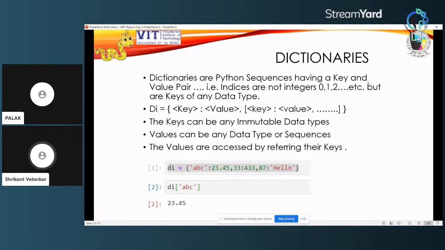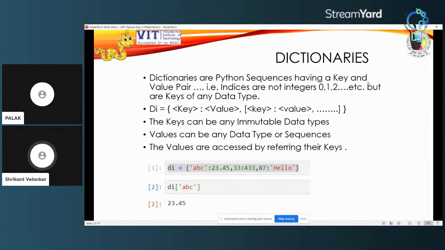So up till now we were using indexes with numbers, and for a list we were doing li[0]. Here I am doing di['ABC']. So instead of an index, the keys are behaving as indexes, and therefore I am doing di in square brackets ABC. It is just like in a list, the zeroth element has some value. Here in the dictionary, the ABCth element has value 23.45. That is what is shown in here.